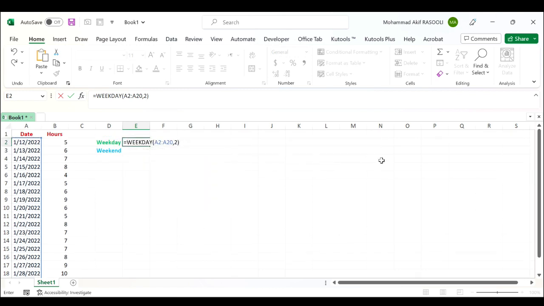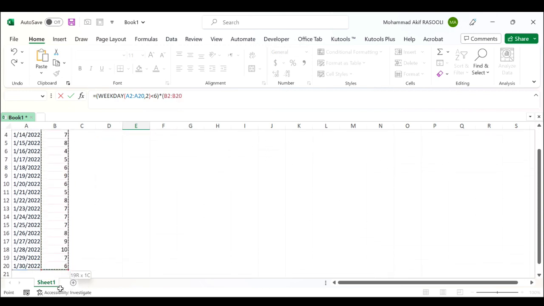Close the bracket, enter less than 6, and multiply this value or formula with the range B2 to B20, which is the range of numbers you want to average. Close the bracket